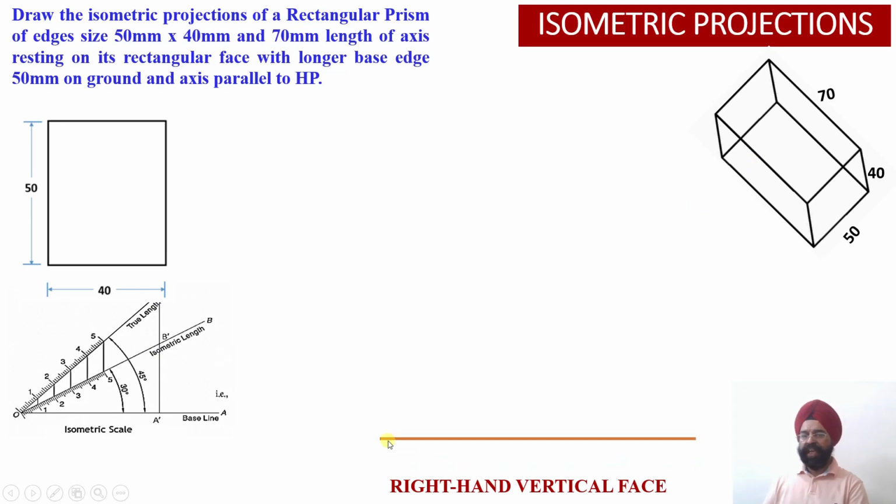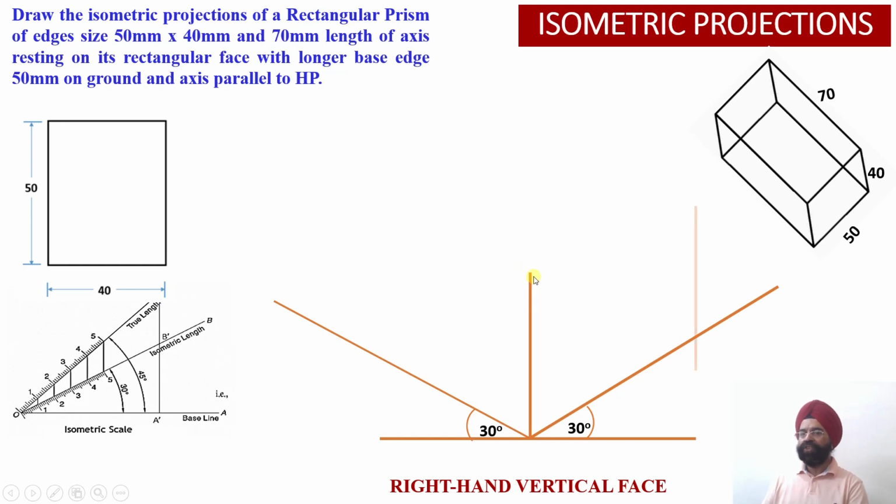So once again, first of all we draw the isometric scale, then the horizontal ground line, and then the x-axis and z-axis at an angle of 30 degrees each. Thereafter, I have to draw the edge of 50 millimeter over here and 40 millimeter height. This will represent another edge of this rectangular face of this particular prism. So this is 40 millimeter height, and along the z-axis, this distance